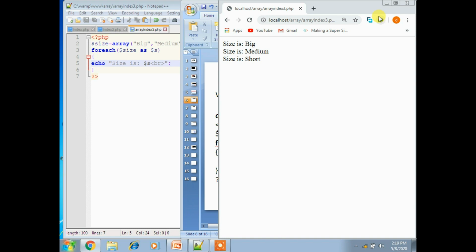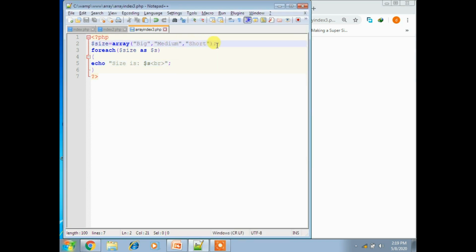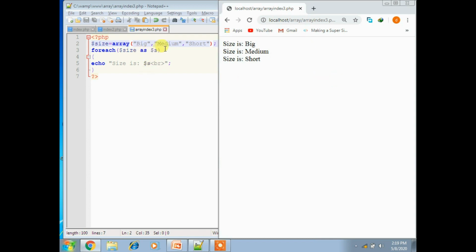Each and every time it checks the string, and it will print for each and everything. So if you are placing 4 or 5 values, then for each of the 5 different values it will print one, and again it will continue, and again it will print second and third, fourth, fifth. So like that it will continue printing. That is foreach, an example to traverse all the elements of a PHP array.